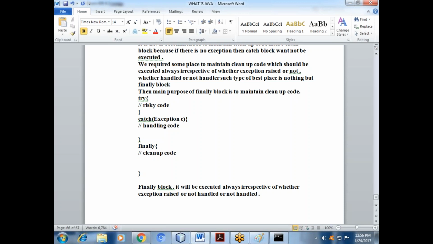I'm asking you, suppose you are getting a task in your company. If you do not complete it on time, who will be responsible to give all that information? Obviously, the person who is assigning the task, or maybe some mediator between them, management. Yes. The same role is played by finally here. If any issue arises here or here, finally will give the acknowledgement to you that this kind of problem has arisen.